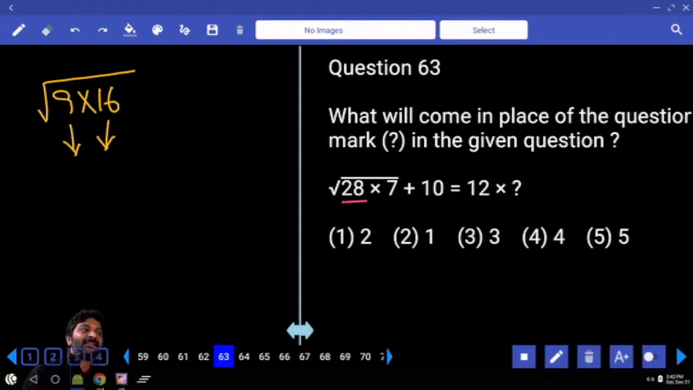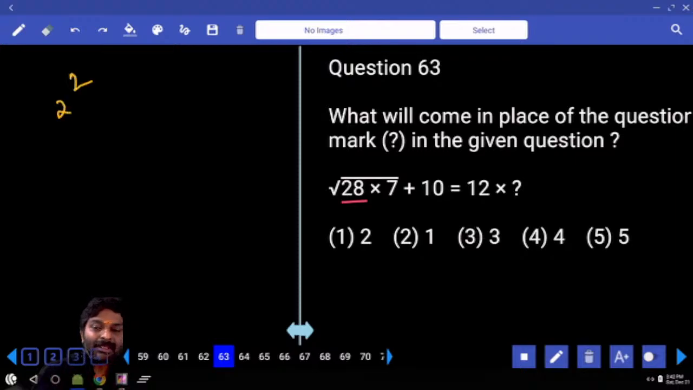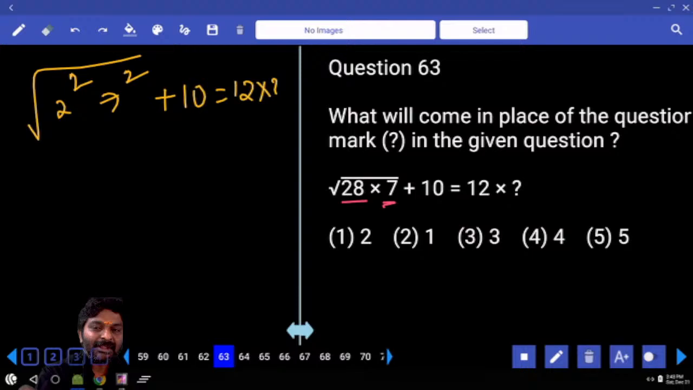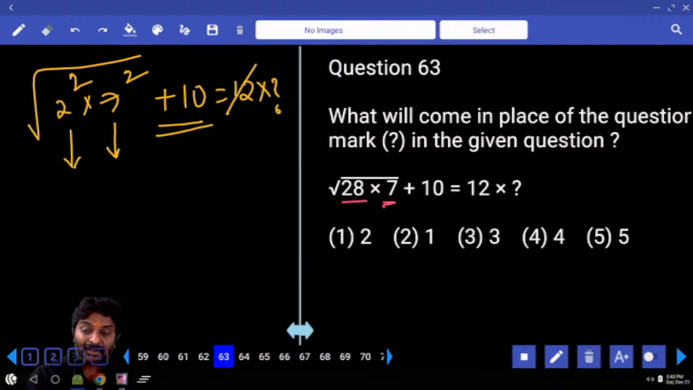28 can be written as 7 into 4, 4 can be written as 2 square. 7 into 7, 7 square. Right? Plus 10 is equal to 12 into something. If it comes out, it will be 2 into 7, 14 plus 10, 12 cancellation in 24. Answer? Option